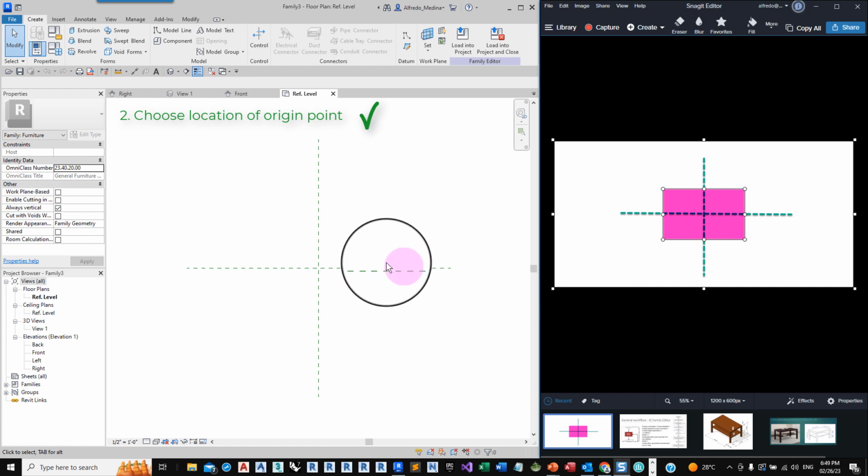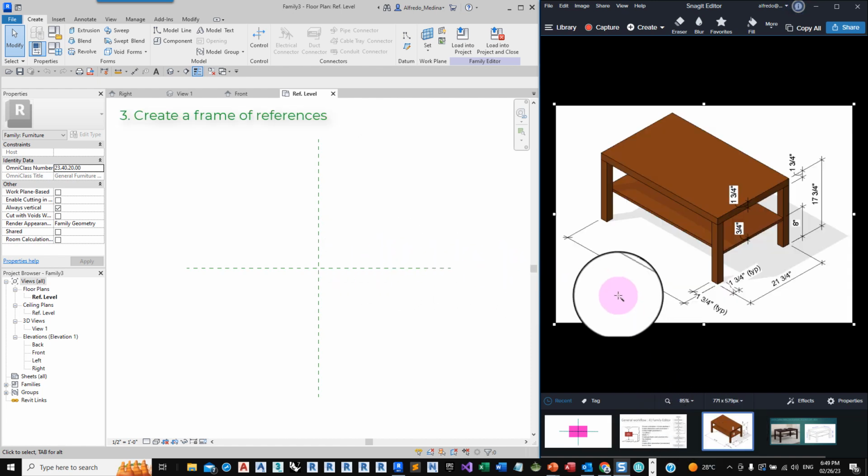Then let's start creating our references. We start by creating references in plan view to control this dimension, the total width, and this dimension, the depth.